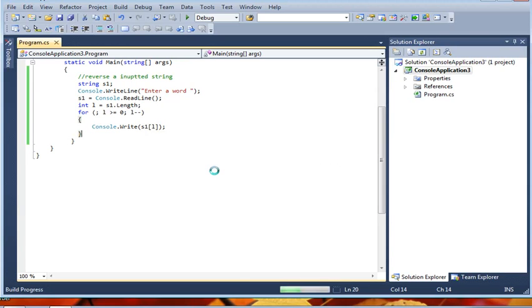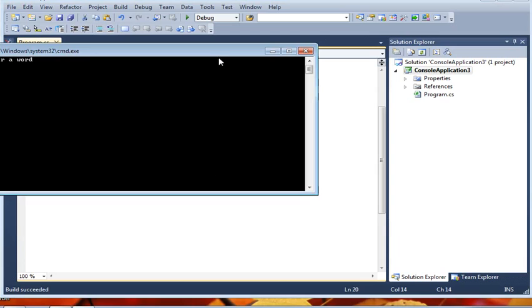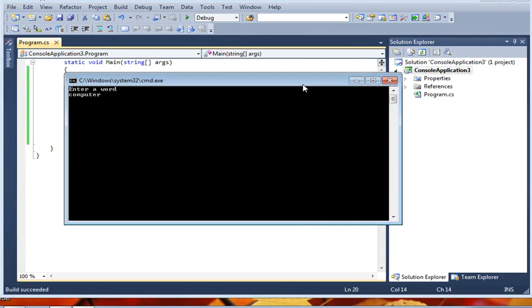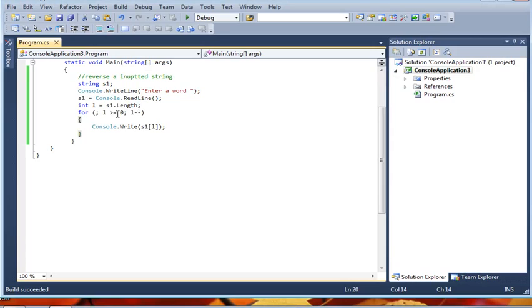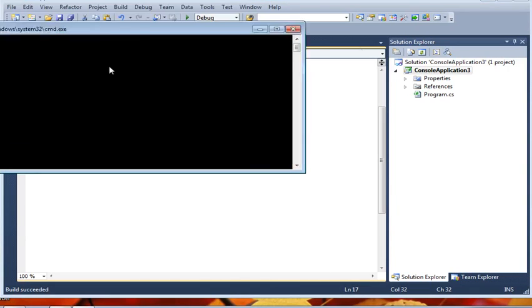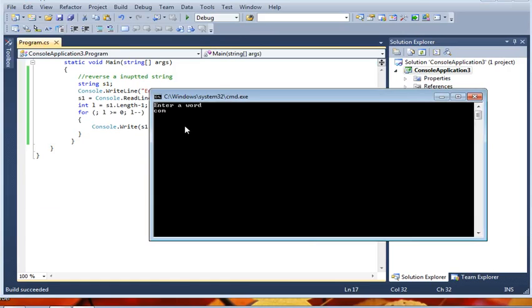Okay, so within it, it is L we need to do. Let's check, Control F5. I have to specify a word, suppose "computer". It's showing array out of bounds. Array out of bounds means our value is L, and L means "computer" has 8 characters, but at the 8th location there is nothing. So we can do minus 1 here. Whatever the length is, it will subtract 1 from there and start from that location. Okay, so check, it is printing nicely,